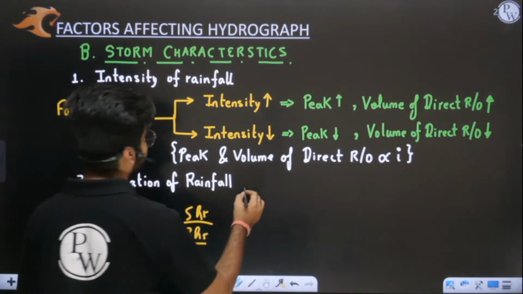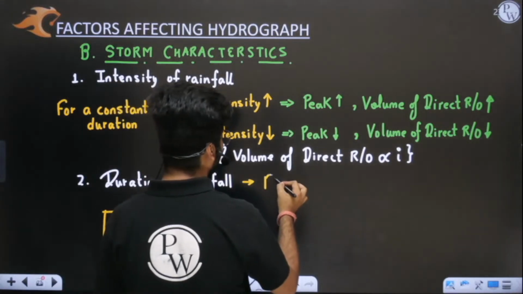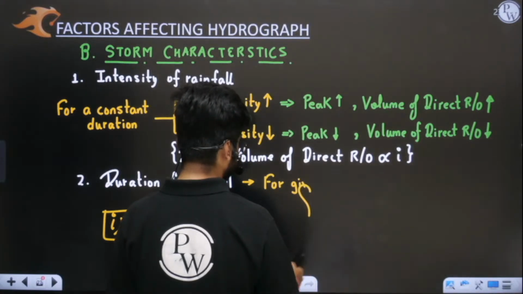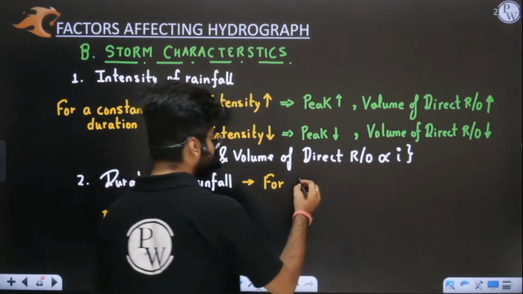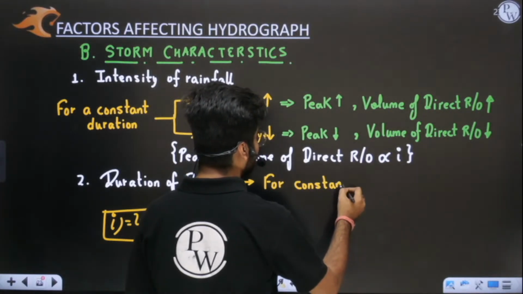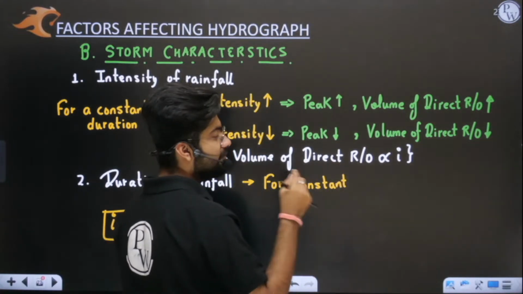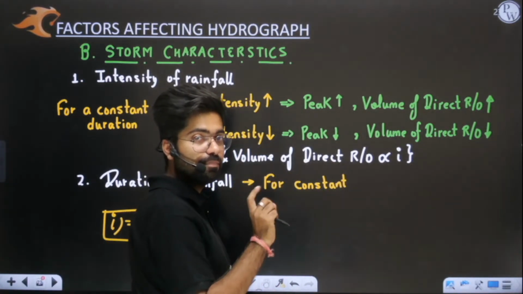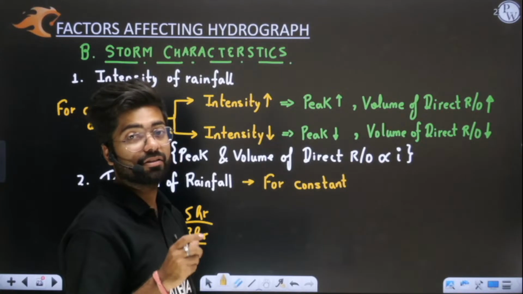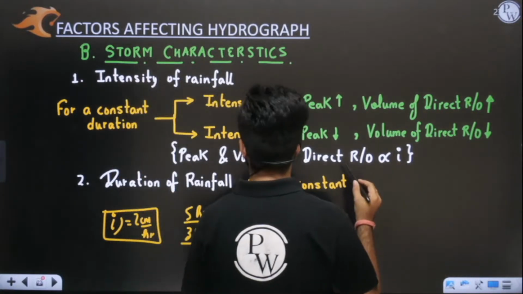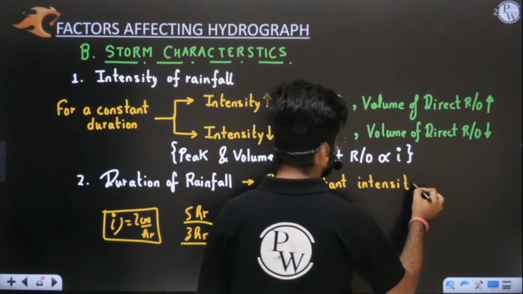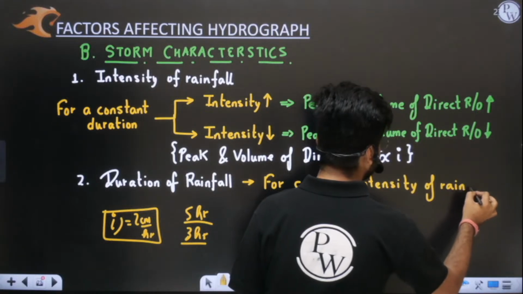When we are comparing some other factor, we have to make sure we are making other parameters constant. So here I am writing one point for constant intensity of rainfall. If intensity is constant, then duration can be more or less, and based on that I will compare the peaks of hydrograph, the volume of direct runoff, and the duration of runoff. All these things will be compared. So for constant intensity of rainfall,